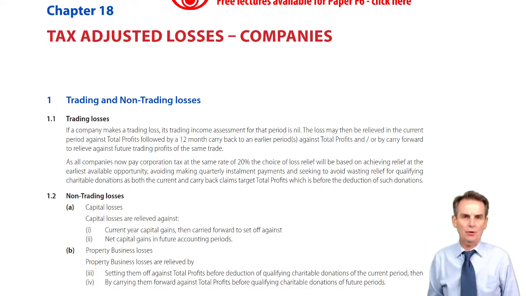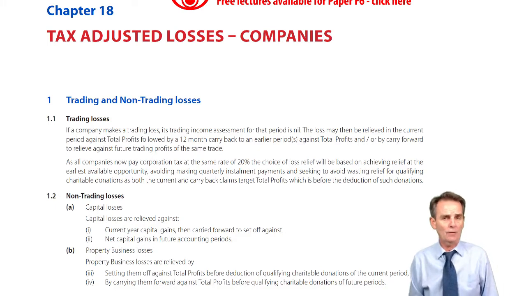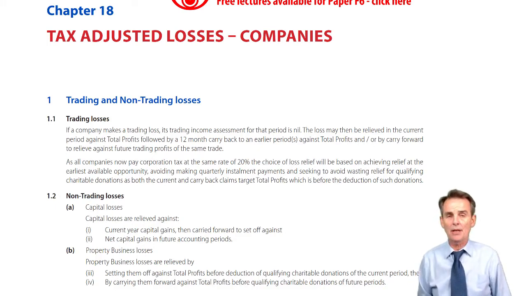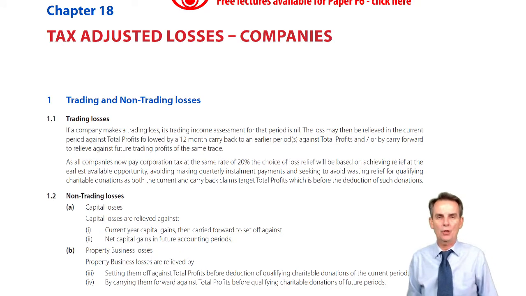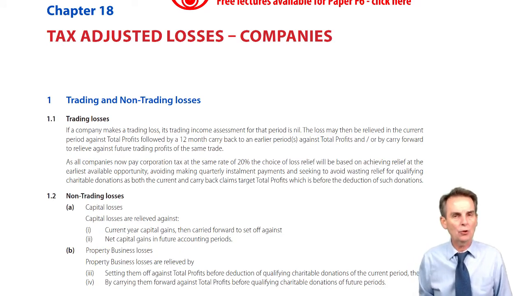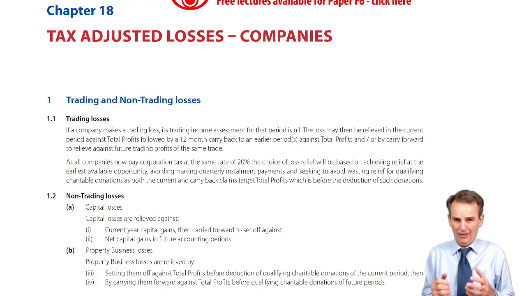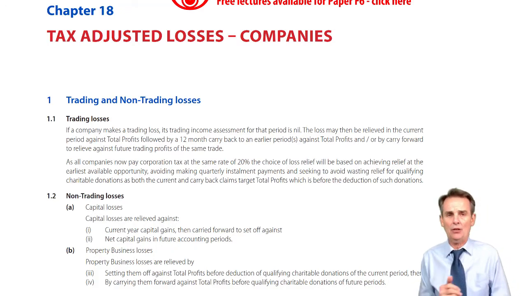After the adjustment of profits and the computation and deduction of capital allowances, instead of ending up with a tax adjusted trading profit, bad news, we end up with a tax adjusted trading loss. What happens therefore? The assessment is nil. We never put a bracketed, negative figure into a computation. This time, of course, it's the corporate tax computation, and the corporate tax computation is not prepared for a tax year, as is the income tax computation. This is prepared, as we know well, for a chargeable accounting period.